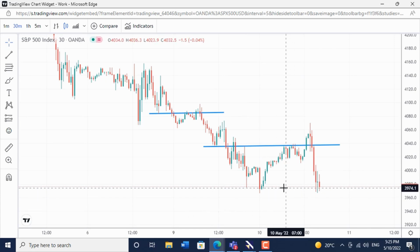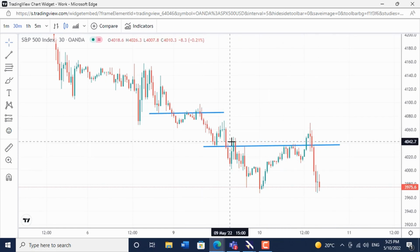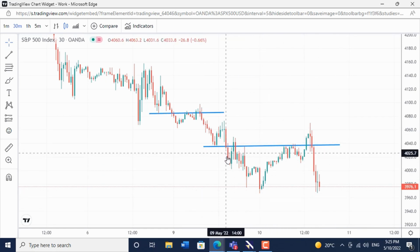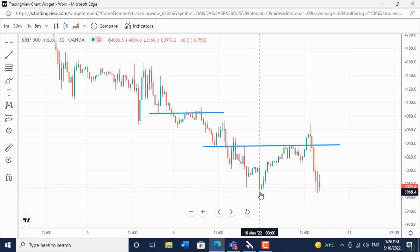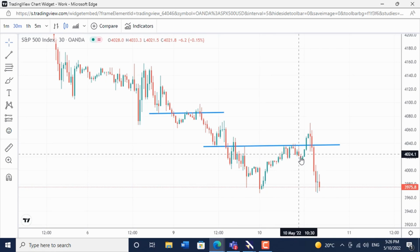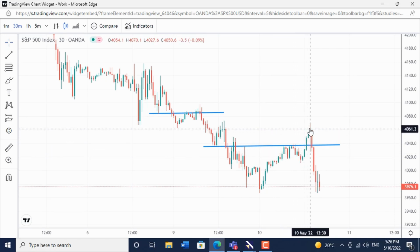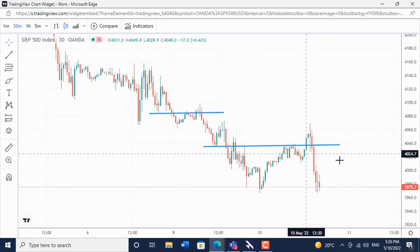But today, yesterday I didn't get this because it happened at 7:30 on a Monday morning, and yours truly was still not fully focused. We've got the market fall to support there, goes back, kisses it again, very important level, then it falls out of bed into the close last night, as we all know, rallies this morning, and then goes up and takes out that level and then reverses again,